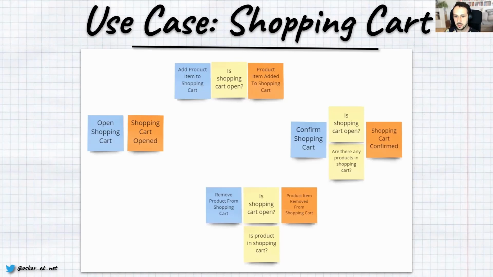So the shopping cart can have 4 or even 5 events. At first, the shopping cart can be opened. Then we can add some products to the shopping cart, maybe remove them if we don't want to buy them. And then we need to confirm the shopping cart. After that, the ordering process would normally start. We can also, of course, cancel what we had in the shopping cart. There are some rules, but we won't be focusing today on the business logic, but more around the